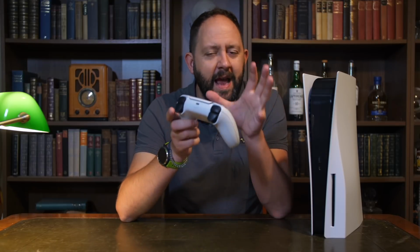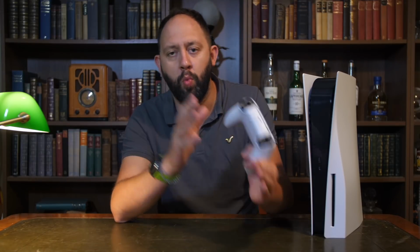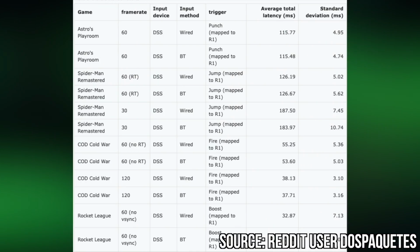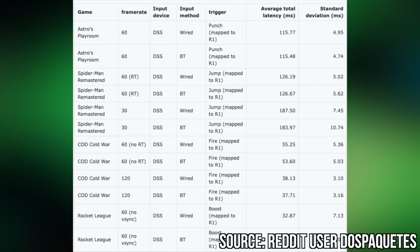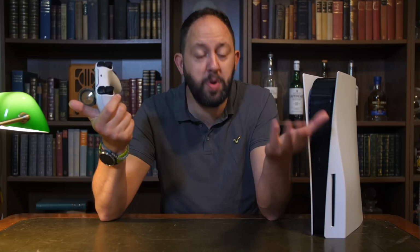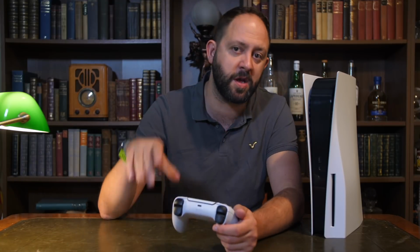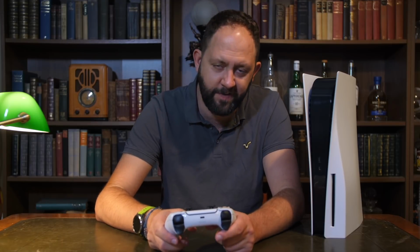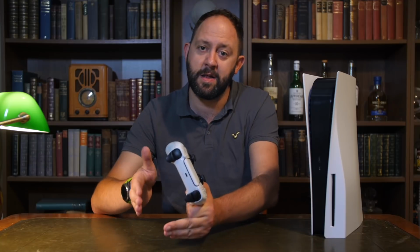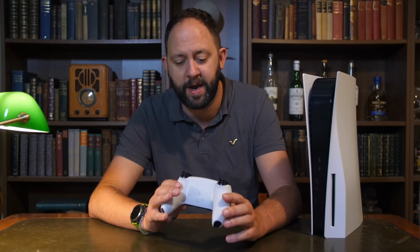And there's another thing as well, and that's controller latency between wired and wireless. This is interesting. There was a survey done very recently by a chap over on Reddit, and he found that the latency when using it wired and wireless was negligible, which is shockingly surprising, because I've always thought to get the best response time you're going to need it wired into your PlayStation 5. But that isn't correct. Supposedly, wired and wireless are very, very close in this particular iteration,